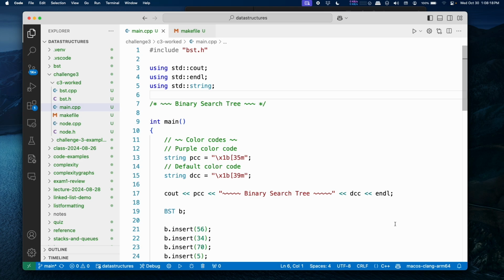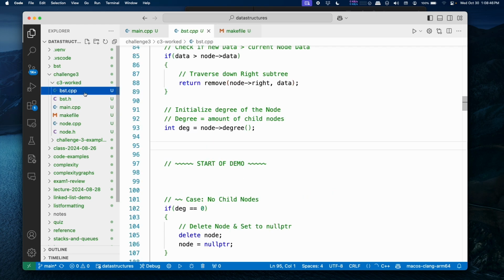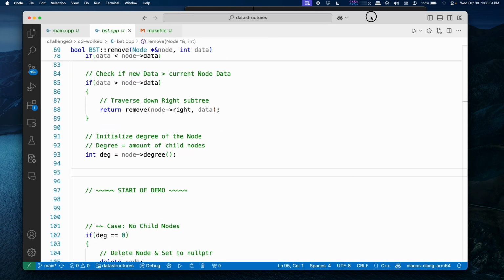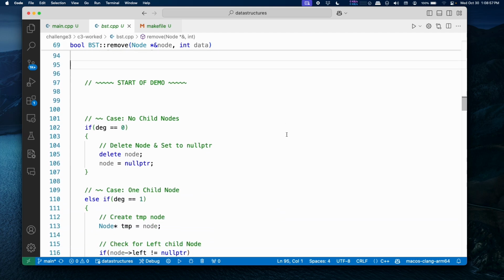So I know the challenge document says you need to write the public methods and you need to write a couple of things. You need to add it. It's already there. I don't know if I gave you the wrong version that was already done or something, but either way, it's not important code and it's stuff we've written before, so I think you're fine. But this code is all written for you, and the thing that you'll need to be able to take out and re-implement is over here in this bst.cpp file, and that is the remove code.